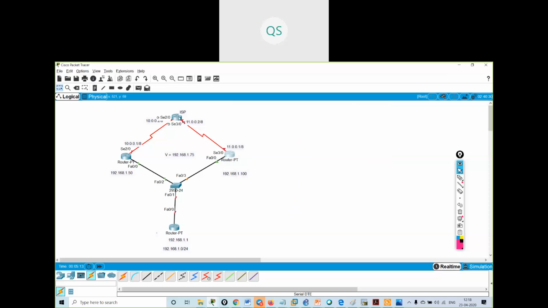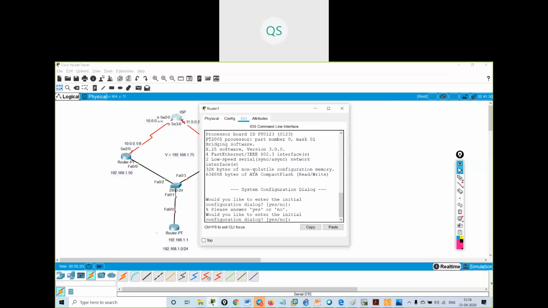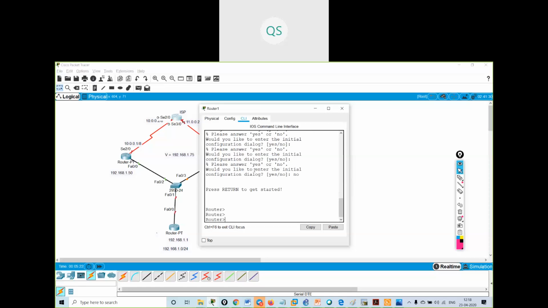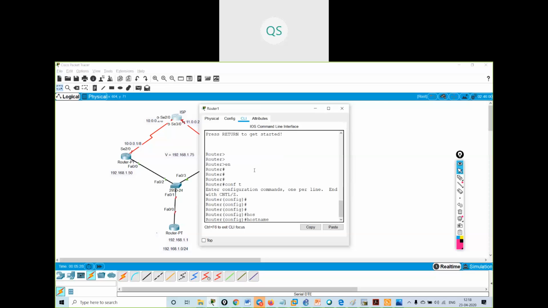I will configure the ISP. I will configure some routes on the ISP also. I will create the host names also for all the routers. Hostname ISP. Interface serial 2/0, IP address 10.0.0.2 255.0.0.0, no shut.